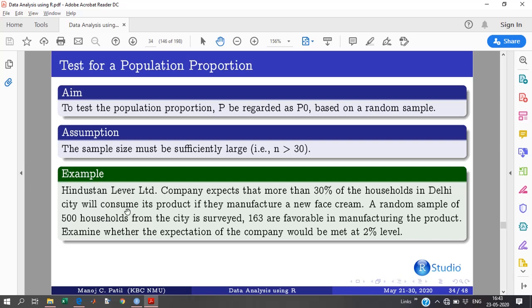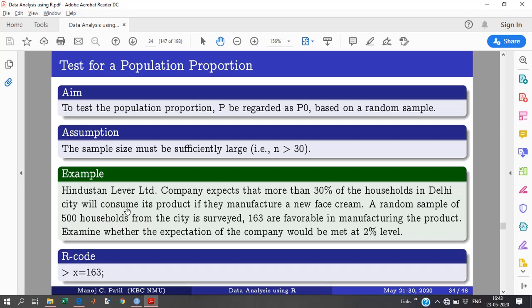Now, expect more than 30%. So P naught is equal to 30%, that is 0.3. We have 163 observations here out of 500. Let's put x equal to 163, number of samples taken 500, and go ahead.